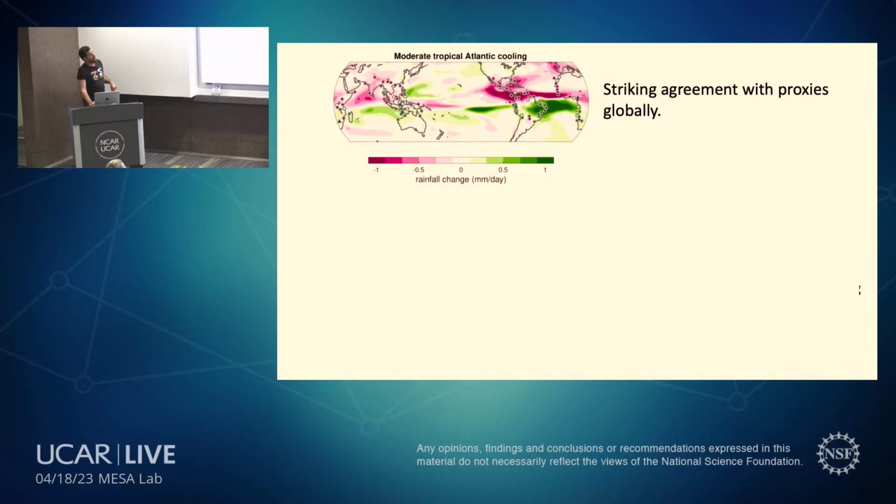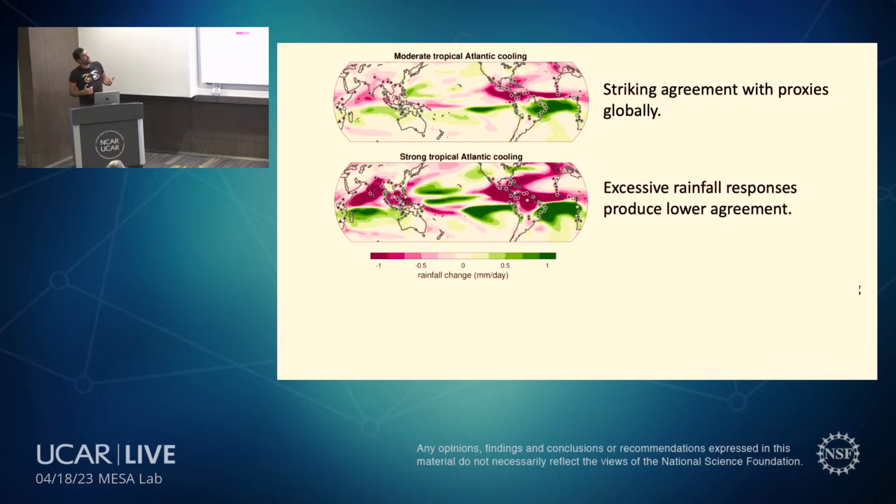So if we look at the models with moderate tropical cooling and the rainfall changes in shading and the sites from the proxies in categorical form, you can see that the agreement is striking. It's almost like everywhere you look, this sub-ensemble of the simulations will capture what we see in the proxies. If we look at the models that have strong tropical Atlantic cooling, that show less agreement,